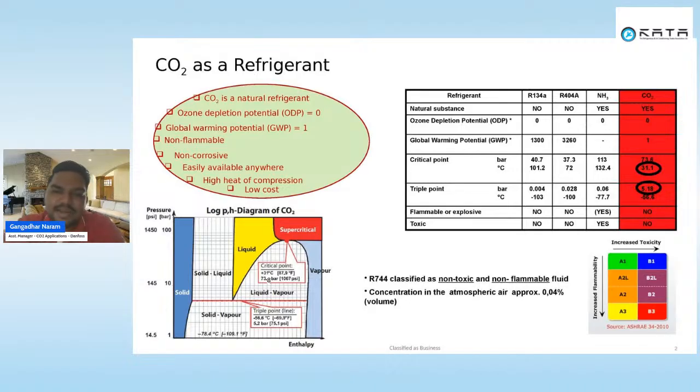If you are comparing the critical point and triple point, first we'll understand what the critical point is. In the left bottom, there is a pressure enthalpy chart. In this pressure enthalpy chart, there is a liquid line and a vapor line. You can see the leftmost part, the yellow one, is liquid, and the rightmost part is vapor. The critical point is where there is no clear distinction, the liquid converts directly to vapor and there is no phase change. We call this the critical point.